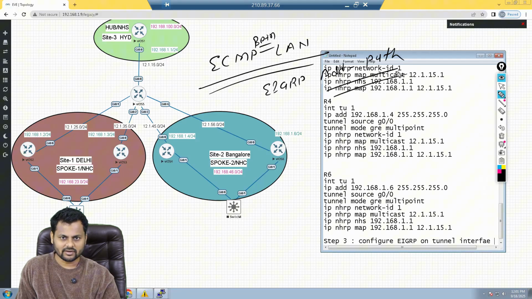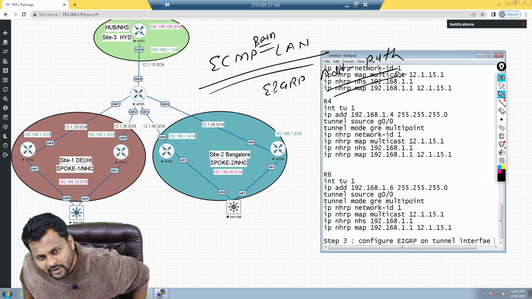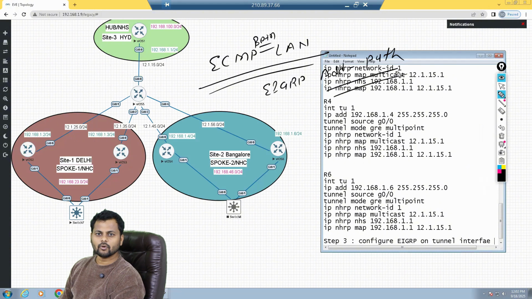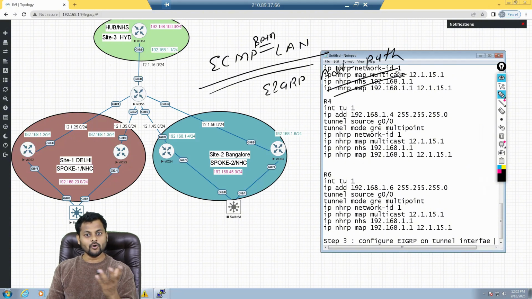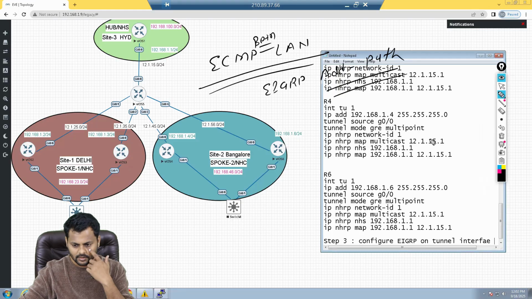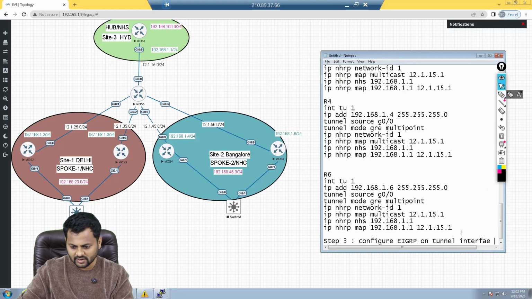For example, even if you're planning to configure FRR, you can only do it in the name mode. So this is also a reason why you should move from the classic mode to the name mode. Because classic mode is old. Whatever new features are coming nowadays are all coming in the name mode only. So what I can do is go and configure the name mode.